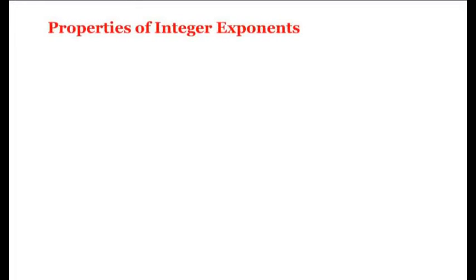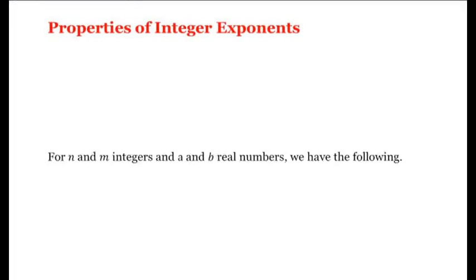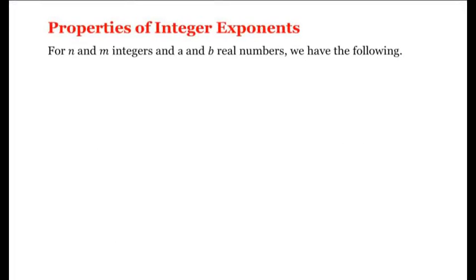Let's look at the properties of integer exponents. For n and m integers and a and b real numbers, we have the following properties. The first property states that a to the n times a to the m is equal to a to the n plus m, and is often referred to as the product rule. For example, a squared times a cubed is equal to a to the 2 plus 3, or a to the